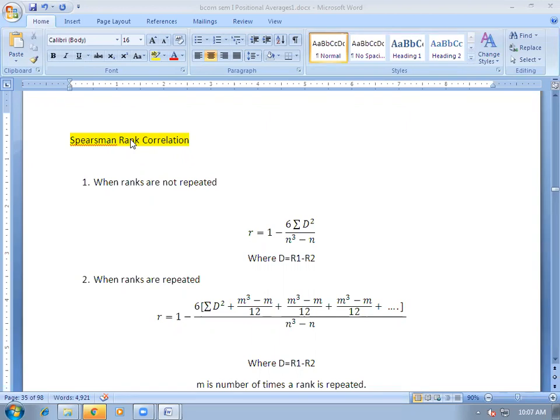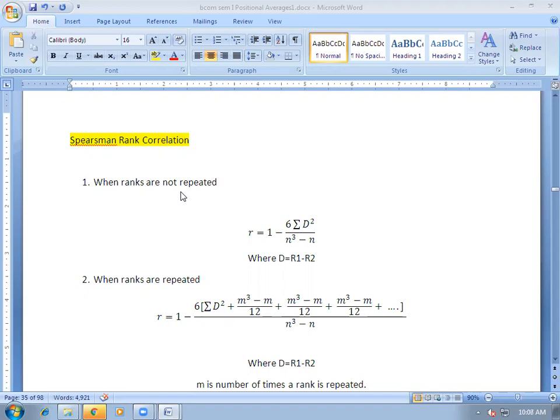You are given ranks of judges for a given competition. You are not given numeric data, but you are given ordinal data. That is, comparison is given, ranks are given. So there are two cases: either ranks are given directly or ranks are not given directly. If ranks are given directly, you simply solve the question. If ranks are not given directly, you first assign ranks to the series.